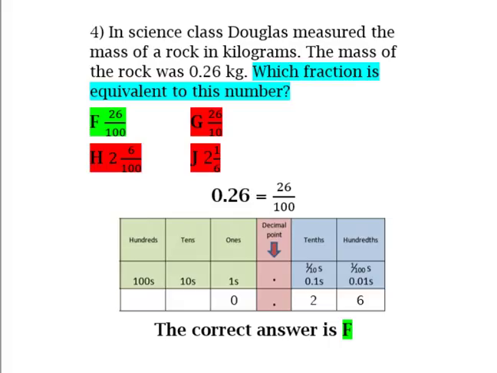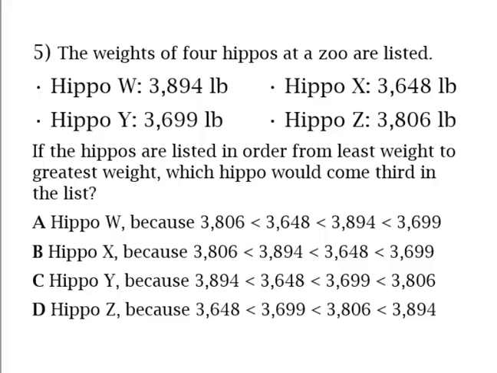Let's move to question number 5. The weights of 4 hippos at a zoo are listed. Hippo W is 3,894 pounds. Hippo X is 3,648 pounds. Hippo Y is 3,699 pounds. Hippo Z is 3,806 pounds. If the hippos are listed in order from least weight to greatest weight, which hippo would come third